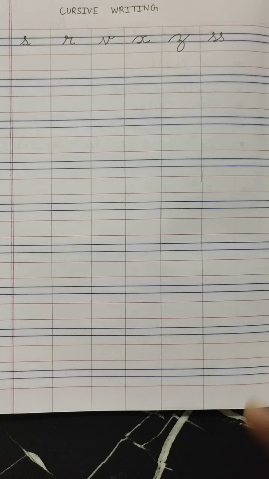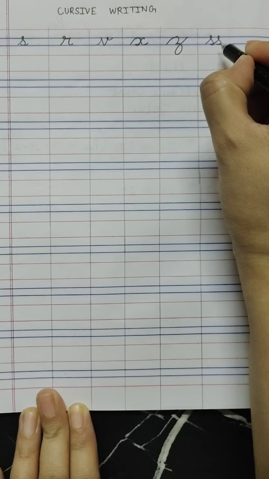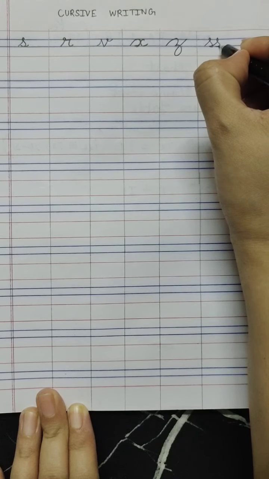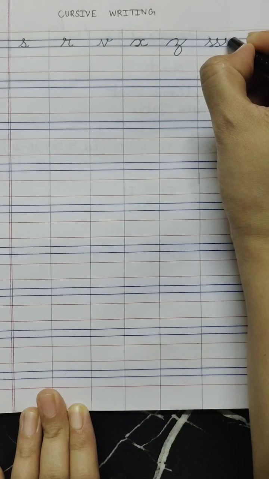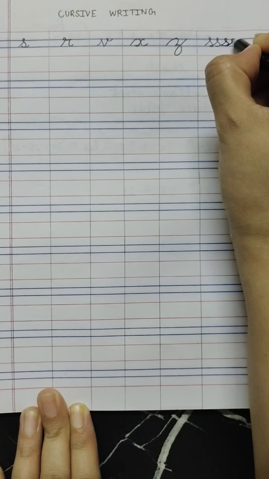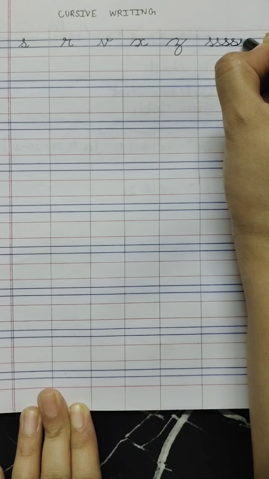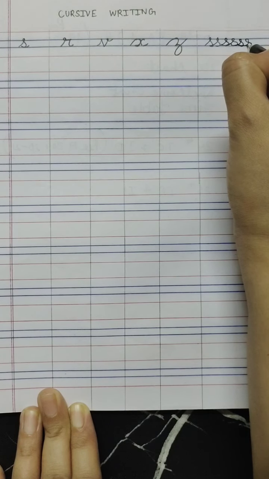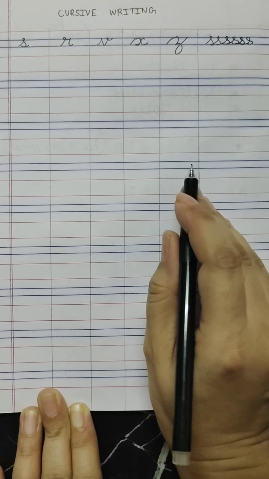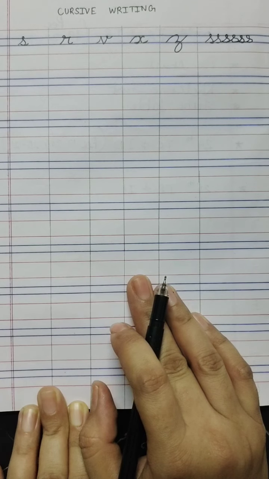Now children, let us first understand the basic stroke of these letters. So like I have written here, two S together. Firstly we need to understand the basic stroke. That is, you have to take the curve line up, make a small loop and then come back like this. Take a small curve, make a small loop and come back like this. We need to practice this first before we begin with the letters S and R.